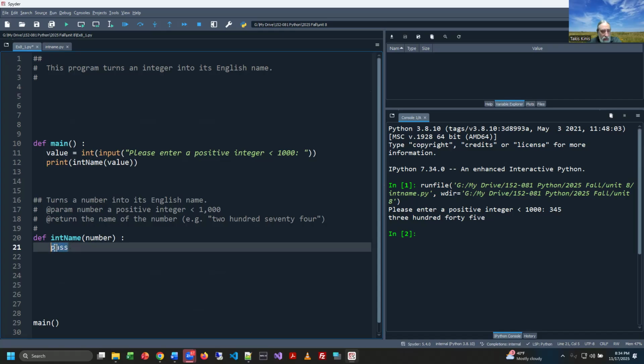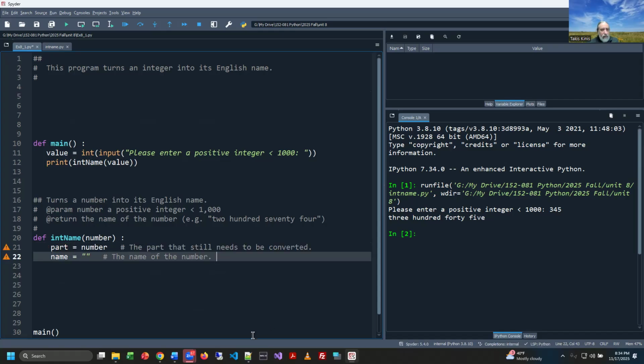And then I'm going to put them here inside int name. And then notice, let's take a look at what this is doing. The number that the person typed in will be sent through this value variable. It'll be received by the function, and then the function will take it and store it here in a variable called part, right? And part is a thing that's going to kind of carry through this function, and we're going